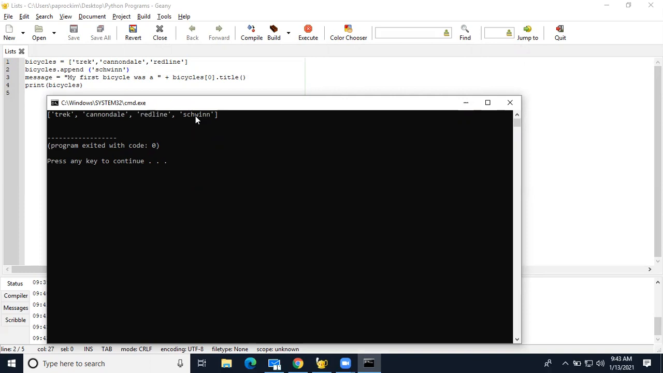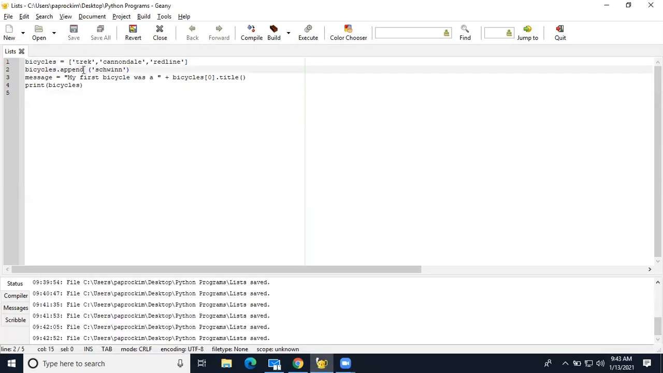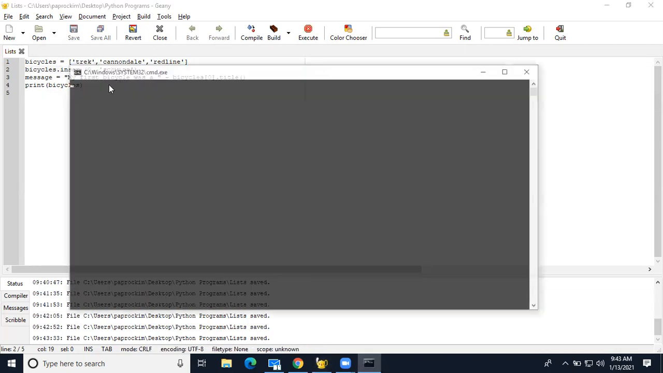If I wanted to append it in a certain location or add it in a certain location, you don't use the word append. Instead, you use the word insert. So I'm going to do bicycle dot insert, open parenthesis, and let's put it at the beginning, 0, comma, Schwinn. So instead of appending Schwinn to the end of the list, I'm going to insert Schwinn at the beginning of the list. And you'll see this time,